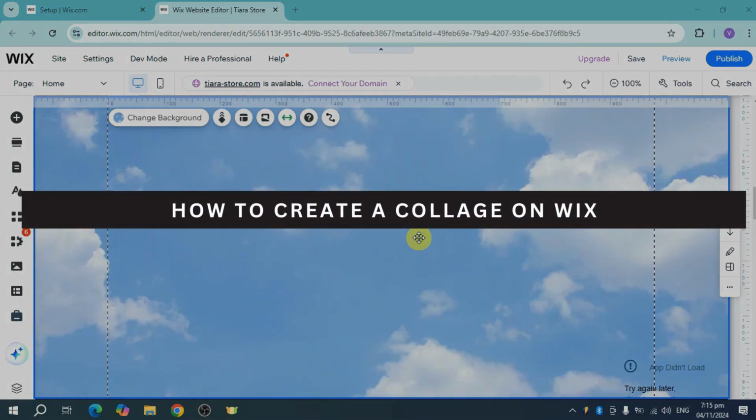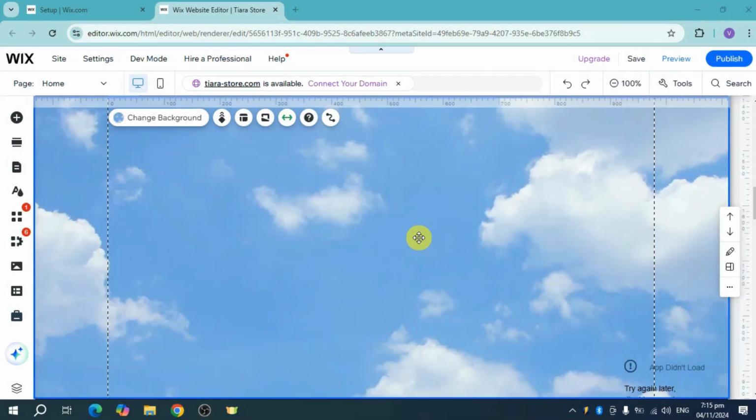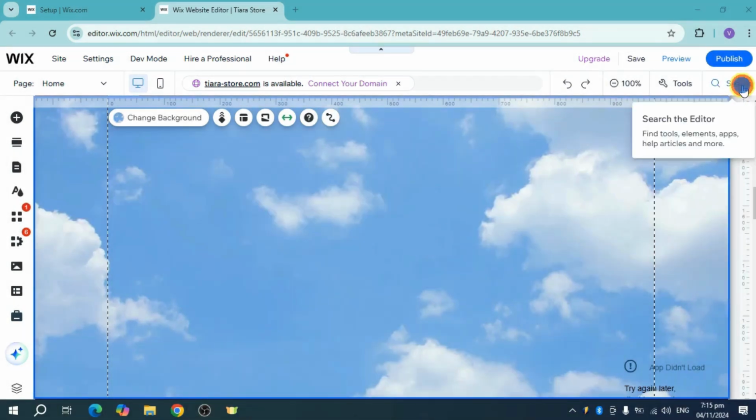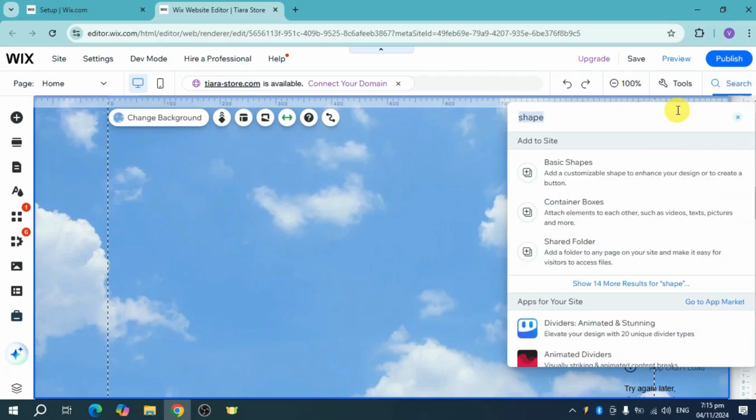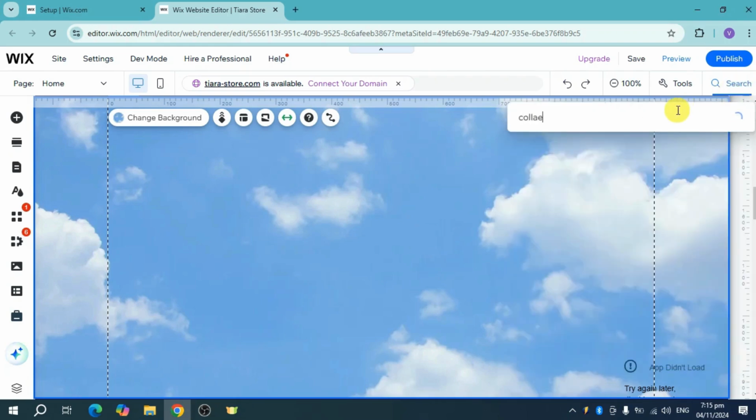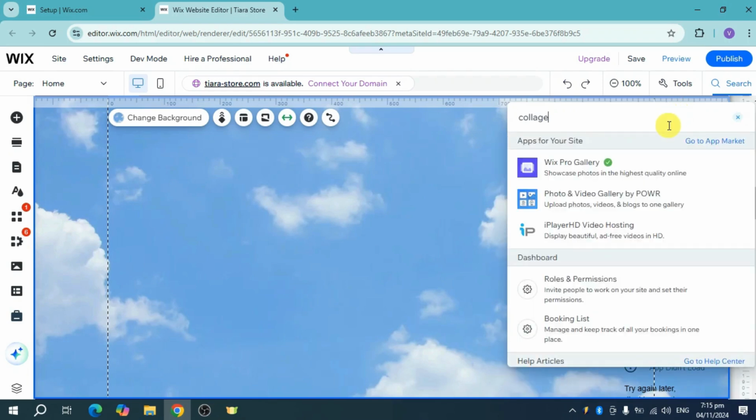How to create a collage on Wix. In order to do that, let's head over right here to this search option. Now search in here for collage. So once you have searched for collage, you should be able to see in here some options like this Wix